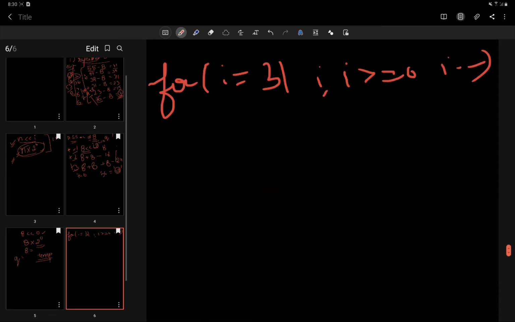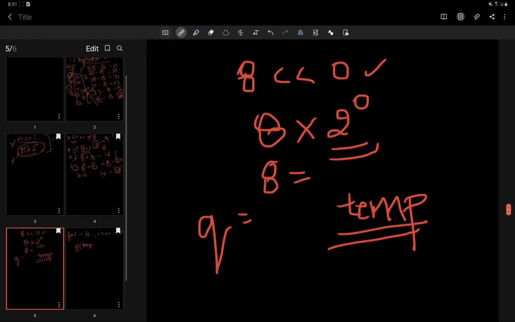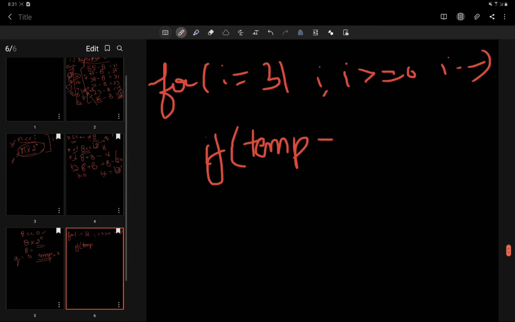So let's see. Here we put the condition, and we initialize both of them to 0. All right, so if temp plus